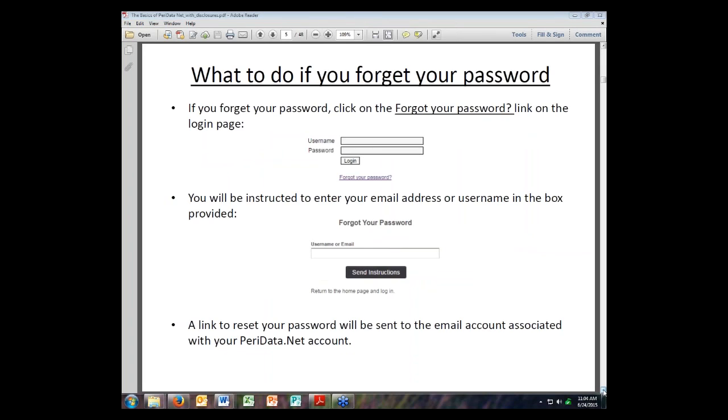I'm the support person. So what I wanted to start out with is forgetting your password and changing your password. Oftentimes if you forget your password, there is actually on the login screen a link that you can click for Forgot Your Password. And that will bring you to a box where you'll type your username or email address, and they will send a link to your email. And when you click that link, it will bring you to a page where you can choose a new password. And then on the next screen,